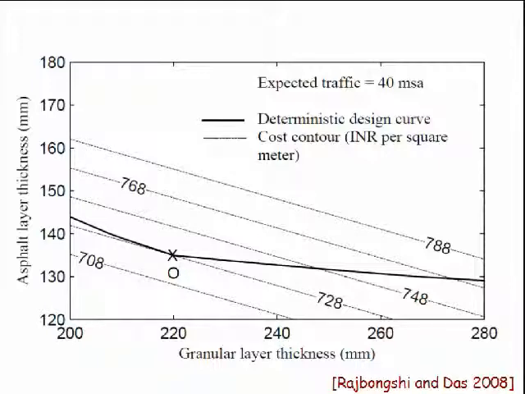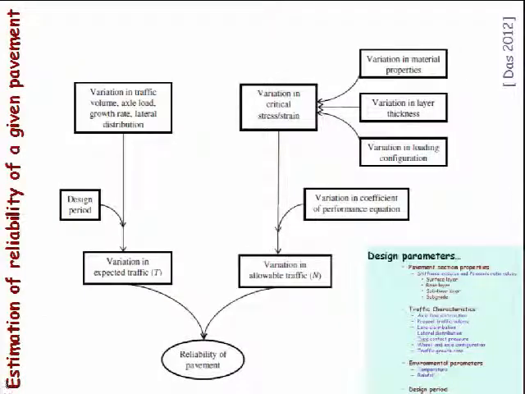So therefore, my design solution appears to be that the intersection of the fatigue and rutting curve would give me a solution where the pavement is going to fail simultaneously due to fatigue and rutting. That's a question, again, I'm going to ask: whether it is good to have a pavement failing simultaneously due to fatigue and rutting. At the same time, this point gives me an option where the cost is the cheapest one. Now, let's proceed further, because all of us know that this is a deterministic design principle I talked about.